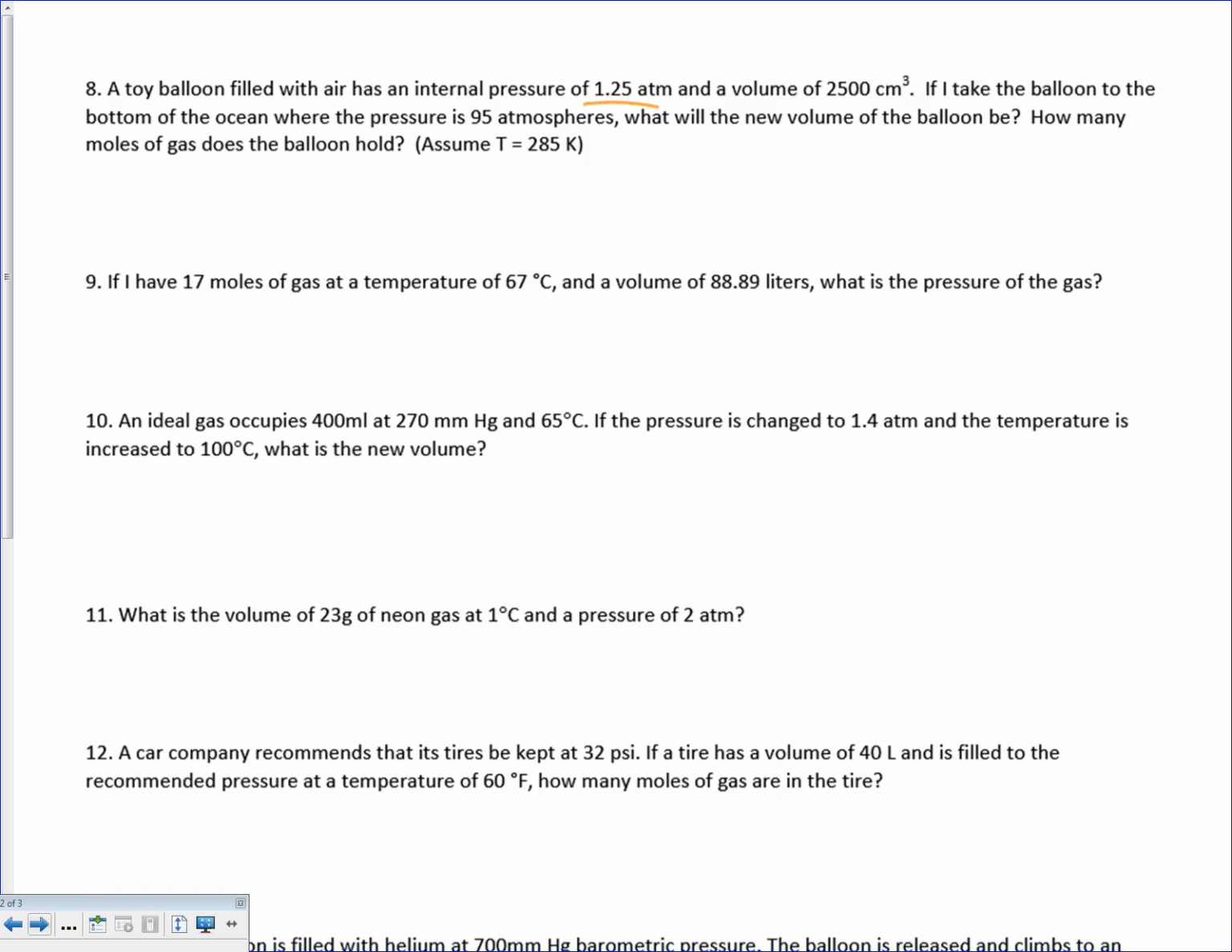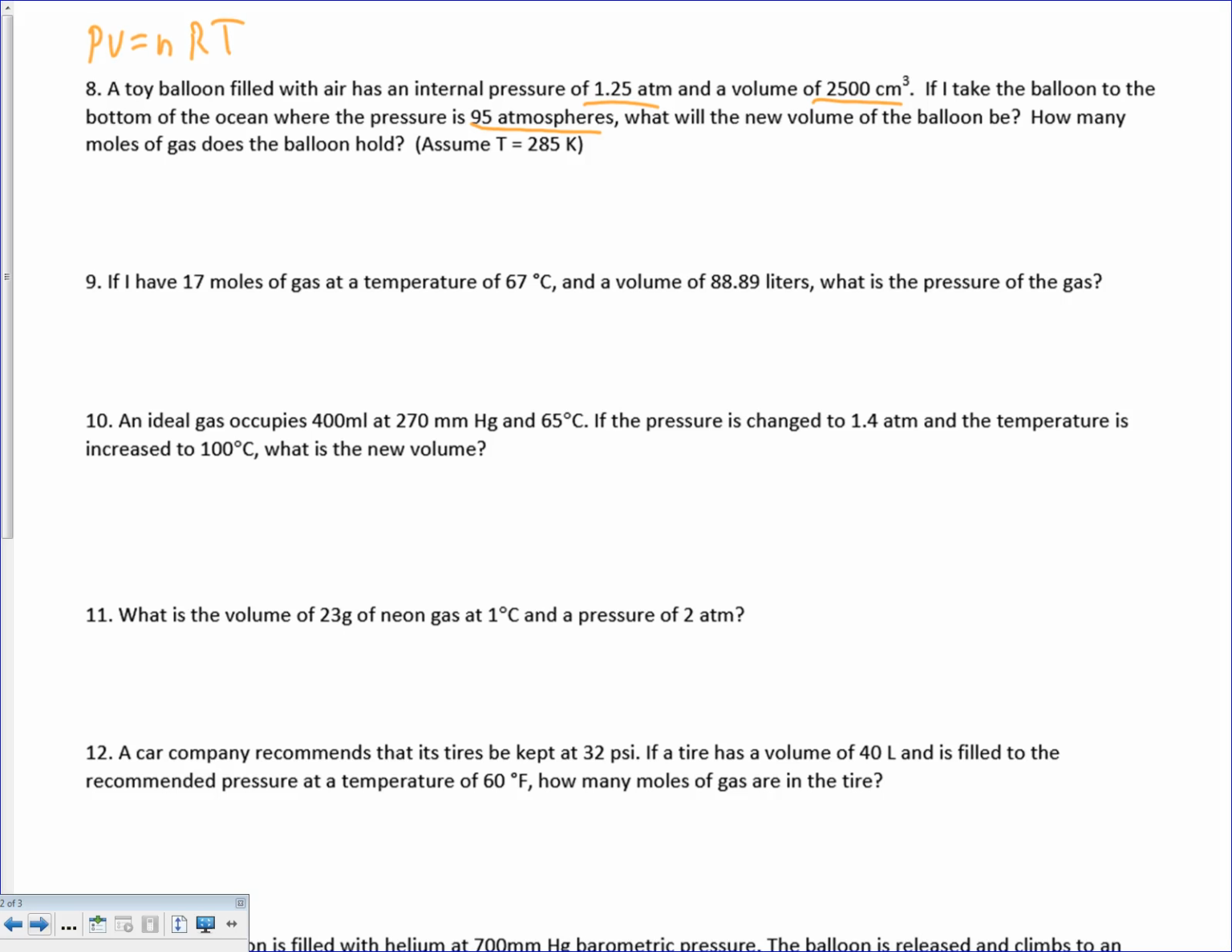Pressure is 1.25 atmospheres. Volume is 2,500 centimeters. It says if we take the balloon to the bottom of the ocean, pressure is 95 atmospheres. What's the new volume? On this one, the first thing we're going to do is set up a proportionality relationship between pressure and volume. What you always do for that is you set up PV equals nRT,